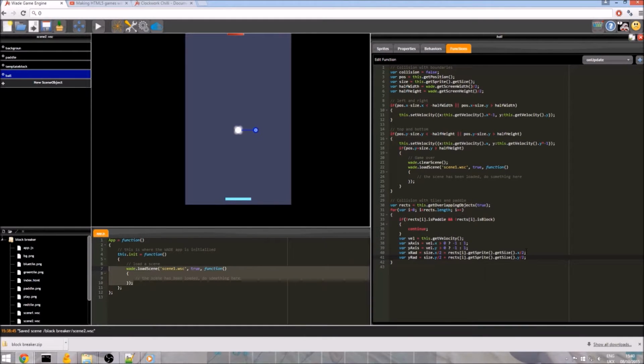Now we need to figure out the overlap on both axes using this value. So we can do var xOverlap, and I'm going to do this in two stages. We will do rects[i].getPosition minus pos.x.